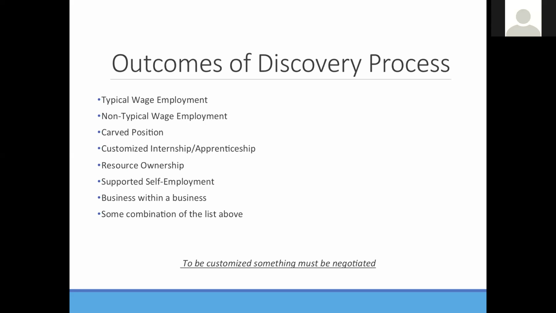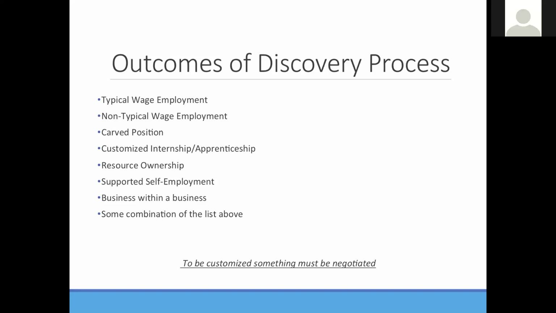Also, it could be resource ownership, which is really, really cool. And I think there's prime opportunity for resource ownership in small towns because small towns are made up of small businesses, which we love. So when you're working with an individual who has resources, which maybe they receive both SSI and SSDI or a Title II benefit, so this is where your benefits planner comes in, but this person is a perfect PASS candidate, which means they can set aside resources. They already have additional income coming in through a Title II check. But the big point I want you to know is that they could purchase a piece of equipment that would support that business to either be more efficient, more effective, offer a different service. So for example,